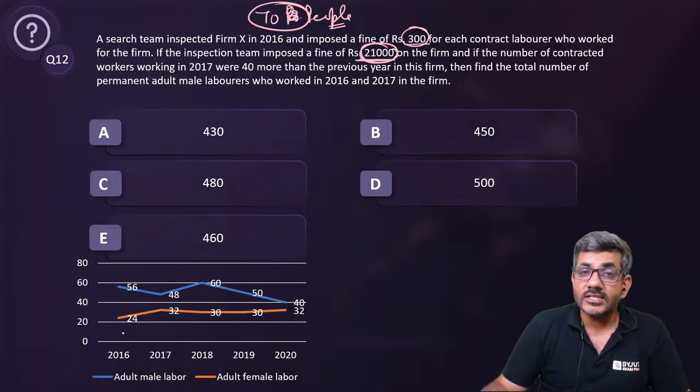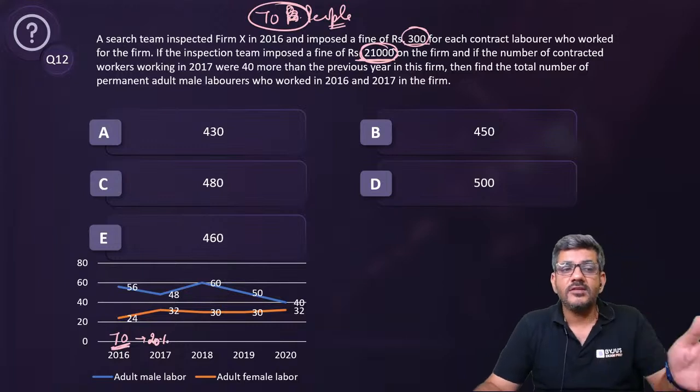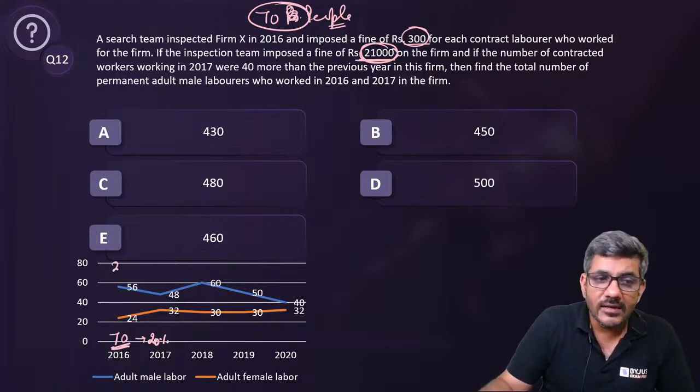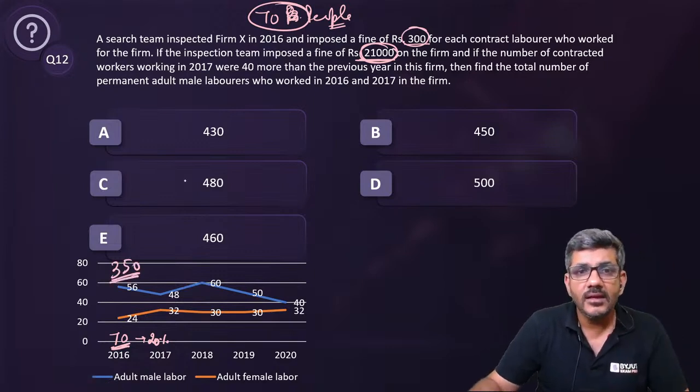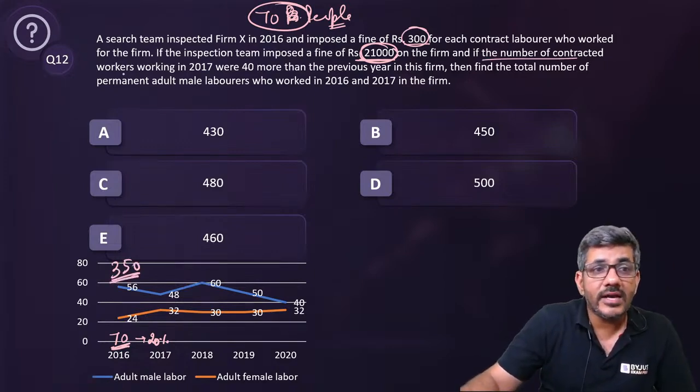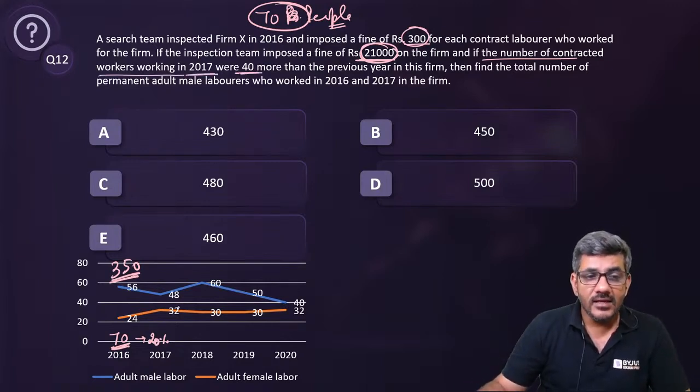So in 2016, you can say 70 laborers were contract laborers and they are 20% of the total, right? If 20% of the total is 70, what is the total? Can I say the total is 350, right? Total is 350. Next, if the number of contracted workers working in 17 was 40 more than this,